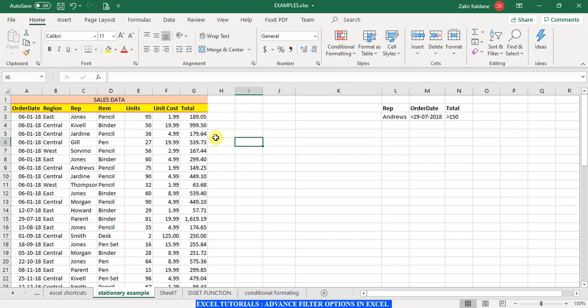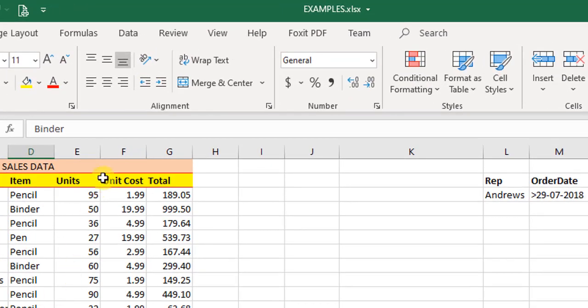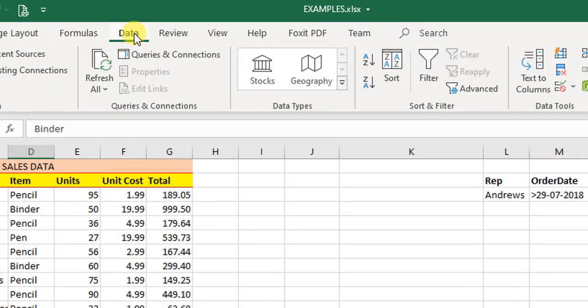For example, from this data, I want to extract all the records related to my sales representative Andrew. So I will click somewhere in the data table, and then go to Data.